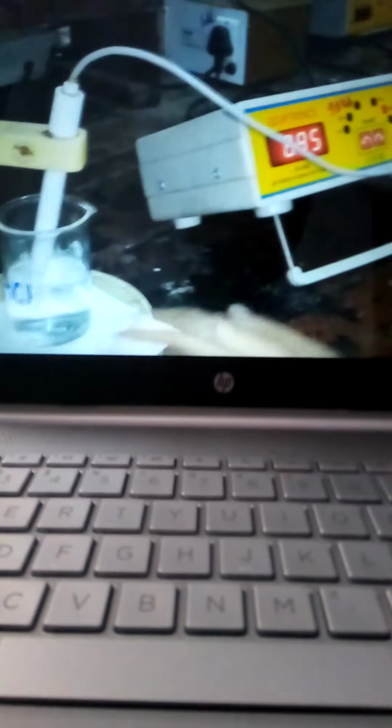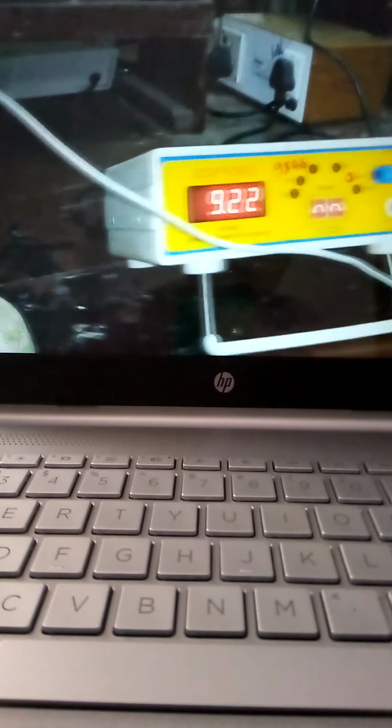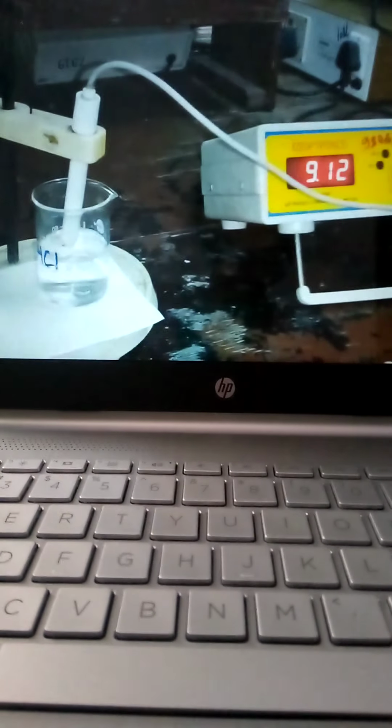Next, take NaOH, that is sodium hydroxide, in a semi-microburette. At a time, you add 0.5 ml of NaOH to the reaction mixture. Then immediately note down the conductance and record the reading. In the same manner, the addition of NaOH is continued for 5 to 6 readings, past the endpoint, which is shown by an increase in the conductance. So this is the procedure part.